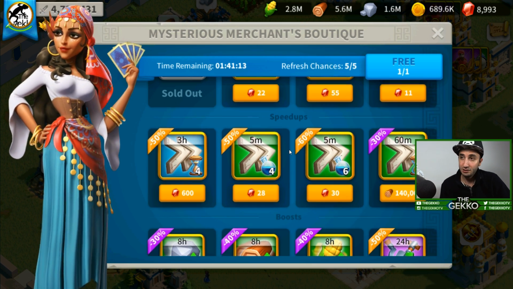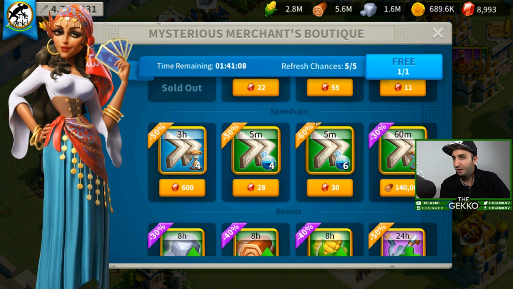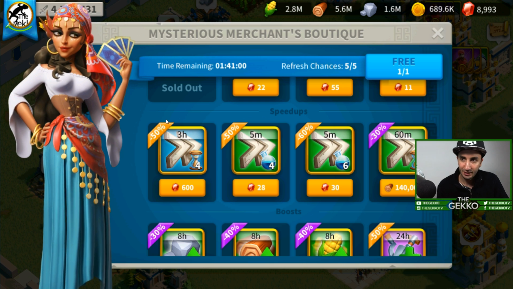On the other hand here, speed ups are a little bit of a different story when it comes to numbers. A 50% discount speed up is not a good discount. You get better rates than that in the VIP shop. 60% is where the VIP shop stops. Now, you can see very clearly that a 60%